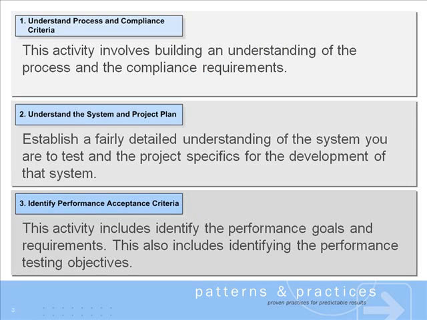The first three of these activities tend to be conducted early in the project before there is a system prepared for performance testing. These activities include understanding the process and compliance criteria, understanding the system and the project plan, and understanding the performance acceptance criteria. In a regulated environment, the information from these activities is critical to creating a project plan and designing your performance